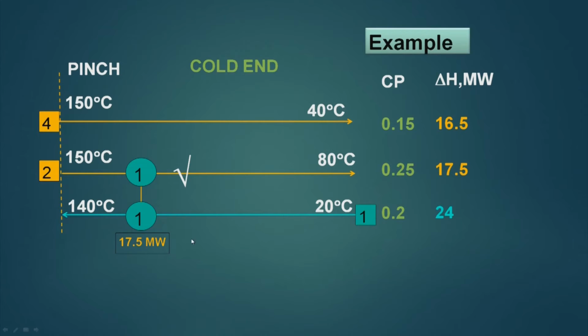Now, let us say another part of it. I can place a second heat exchanger between this stream and this stream. This stream, after taking 7.5 megawatt, is able to take another 6.5 megawatt to heat it from 20 degree to 140 degree centigrade. So, if I pass 6.5 megawatt from this stream to this stream, then this stream, that is number 1 cold stream, will be ticked off. Now, this is how the ticked off heuristic is applied in the design.